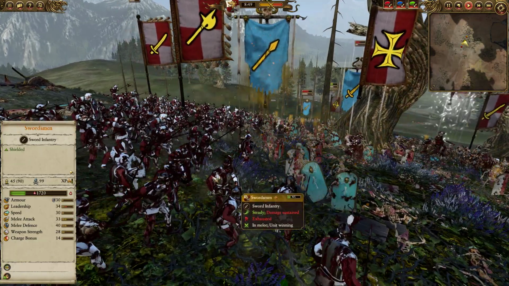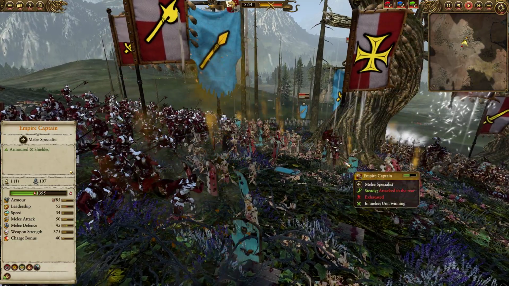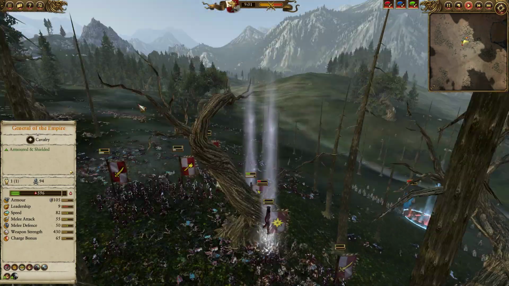And of course, in this fight, State Troops are not the greatest combatants, but their stats are not terrible, and as long as the leadership holds tight, which this captain is ensuring, as well as the general, we definitely have a chance. This squad of swordsmen here is flanking the Tomb Guard, and this pocket of Tomb Guard is very, very